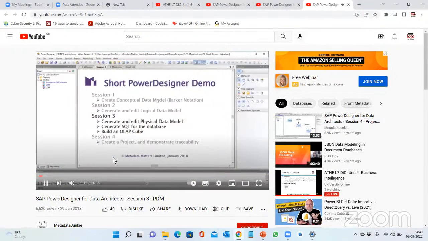Hello, and for data, we are going to take the logical data model we created in session 2. Yeah, okay, so